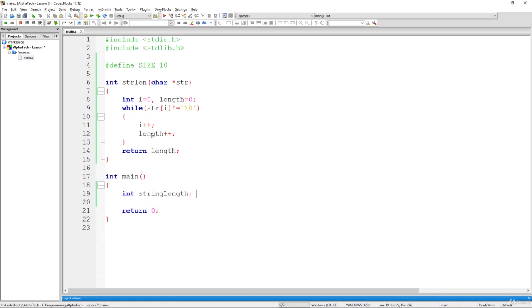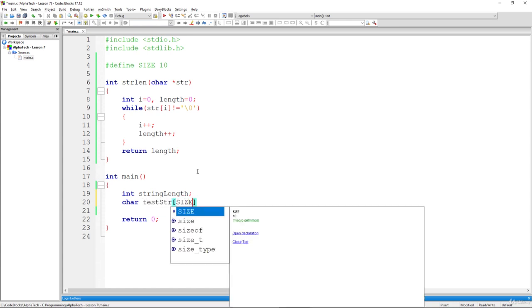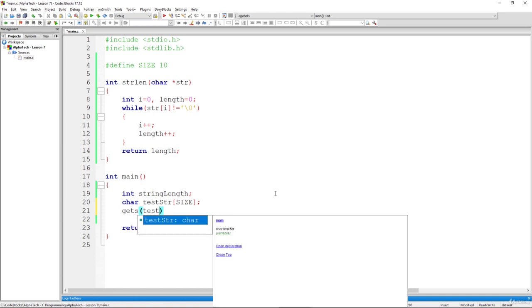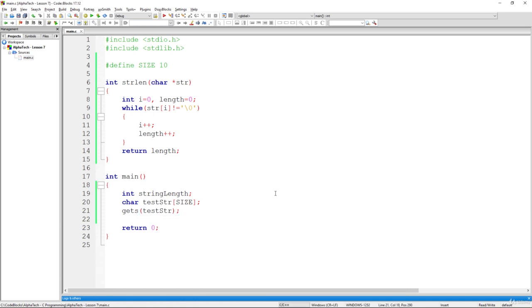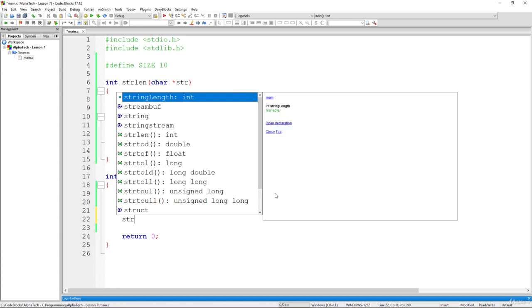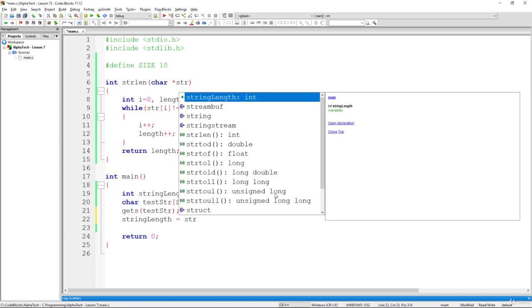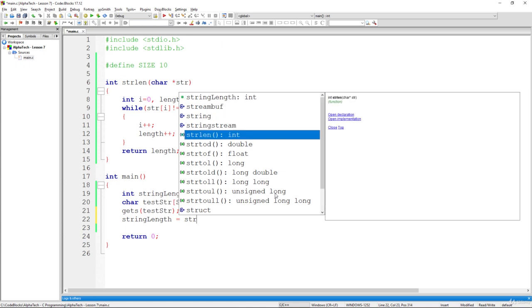We are going to call this function to assign the value that is returned from here, and we are going to create a string, so char, let's make it test str with this given size of 10, and now we are going to read the string from the user, so get string test str, and now we are going to use string length equals to and call this function strlen that knows how to find out